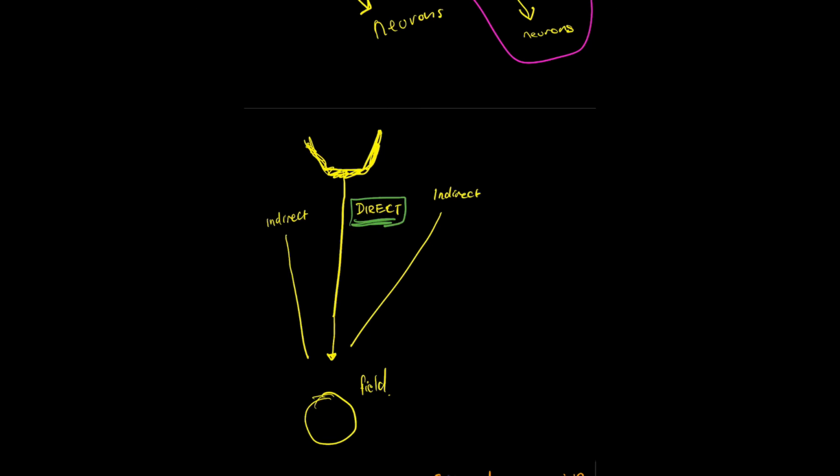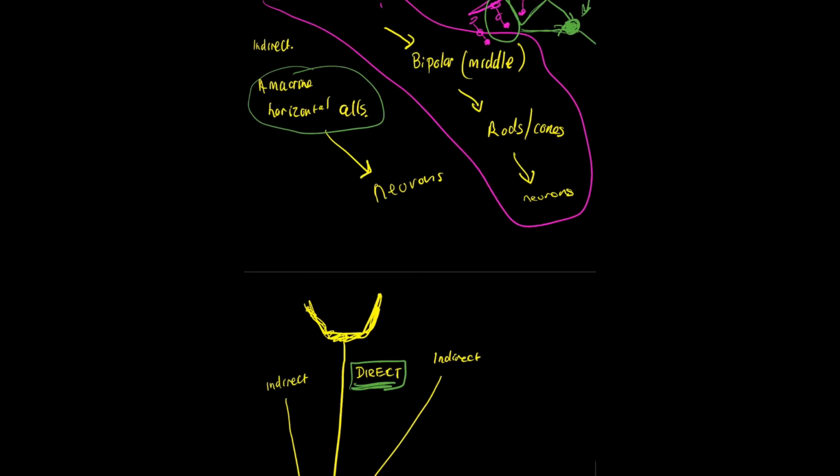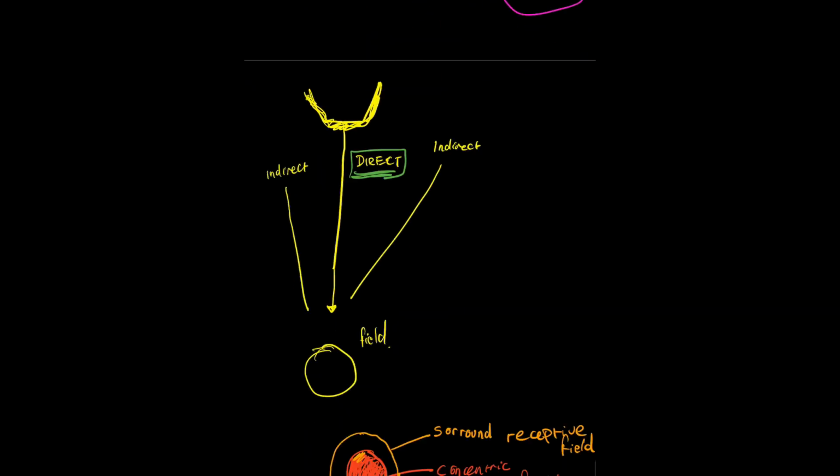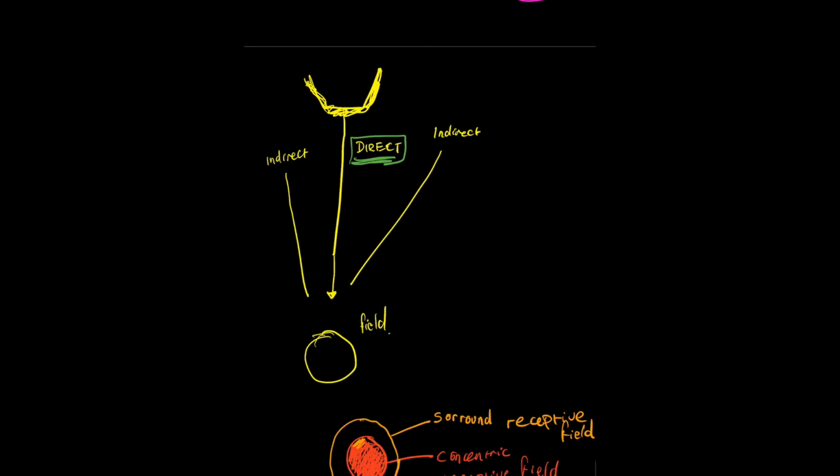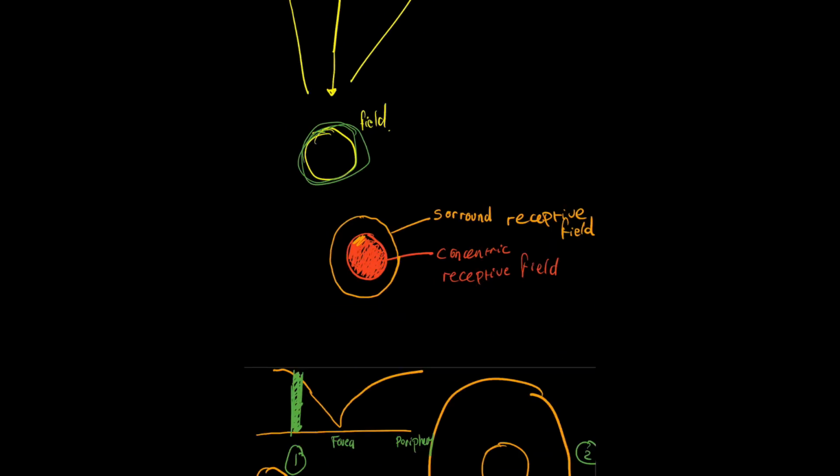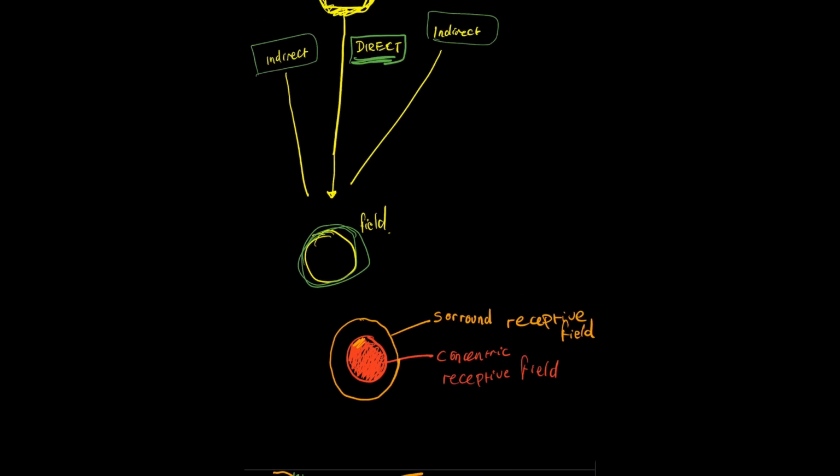It's obviously traveled through ganglion cells and the bipolar cells and through the rods and cones into the neurons. And then it contributes part of the field. But the field for that neuron is greater because it gets context, from the indirect pathway as well. And if you start thinking about receptive fields as having two parts, a field is simply, if you think about it, what a neuron can see,